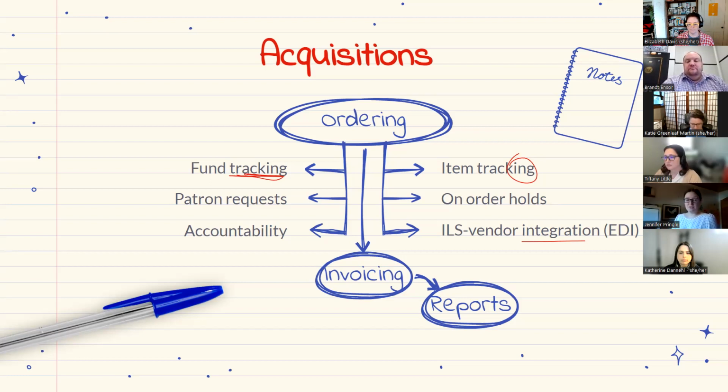Because I've talked about the fund administration, I'll just mention that there's currently a lot of work going on to angularize acquisitions. In 3.10, we get the purchase order and line items angularized. And in future versions, we're going to have things like invoices and claiming and other pieces angularized. So you will see acquisitions change, I think in some substantial ways, at least how it looks, over the next, I'd say, several years. So, 6-7 release cycles,